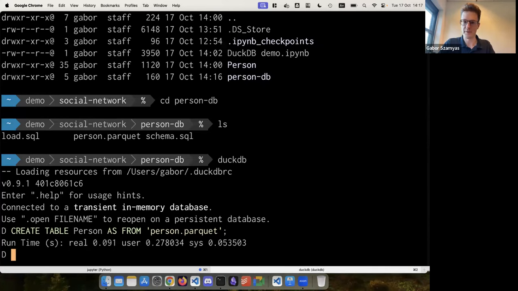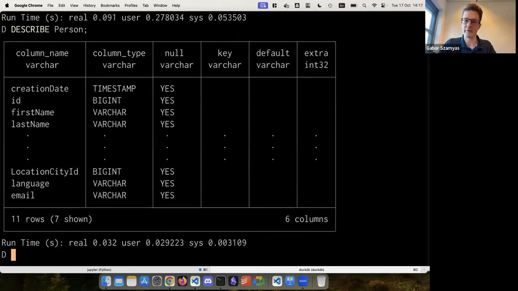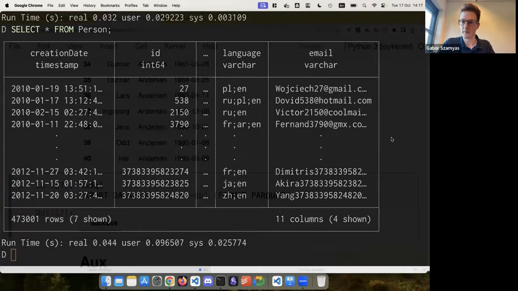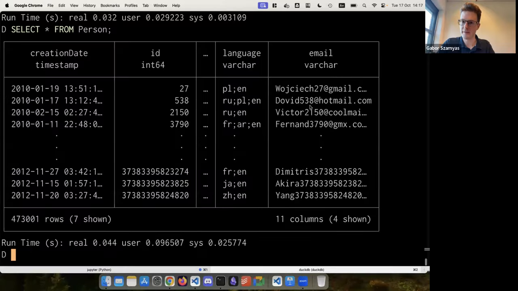It loaded almost instantly, didn't even take 100 milliseconds. And now we can again observe that we have all the attributes that we have seen previously, and we have an interactive SQL shell. So for some people, this is the preferred way to interact with DuckDB. You can again run queries like select everything from person,